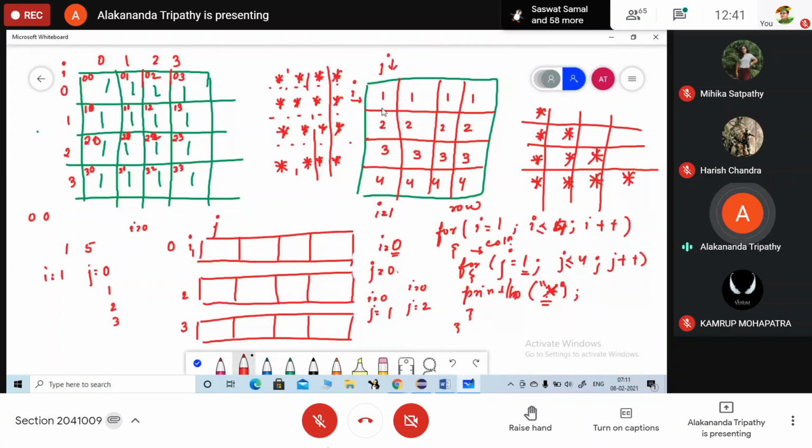I is 1. 1 less than equals to, how many columns are there? 4 columns. So here from where to where is it going? 1, 2, 3, 4. So instead of less than 4, I have written less than equals to 4. So what will be printed here? Which value are you going to print? I. println.